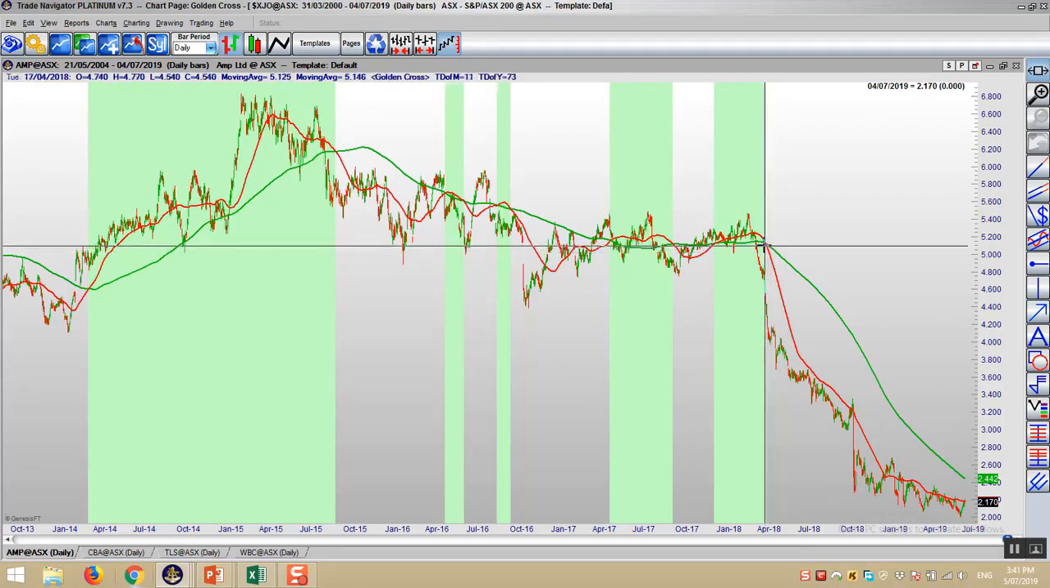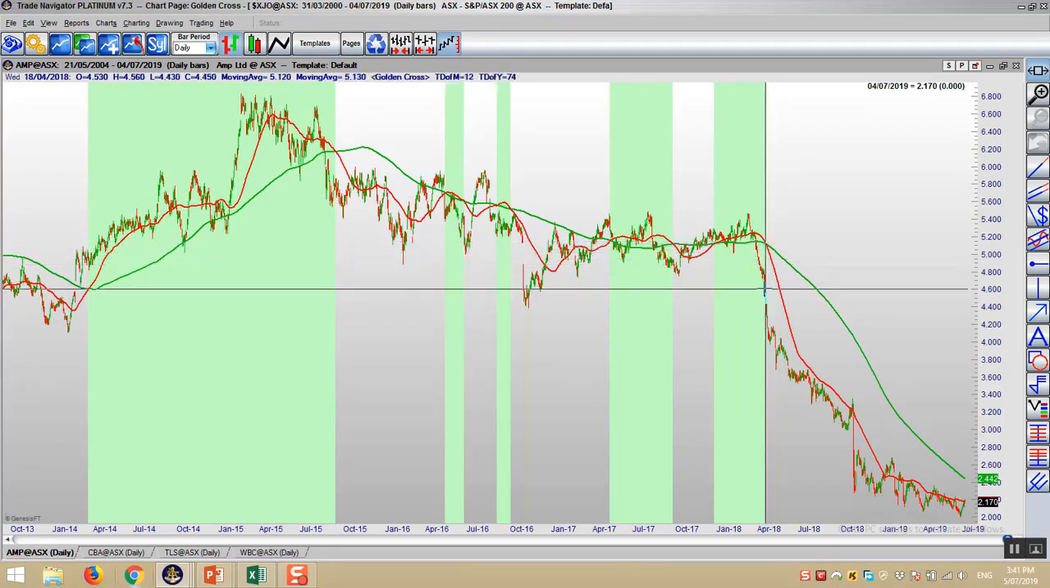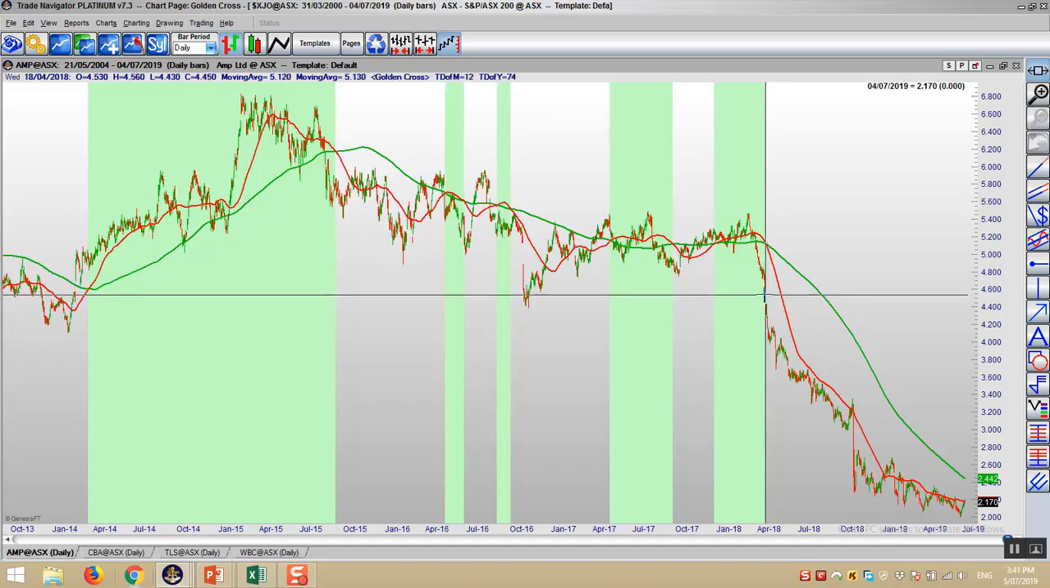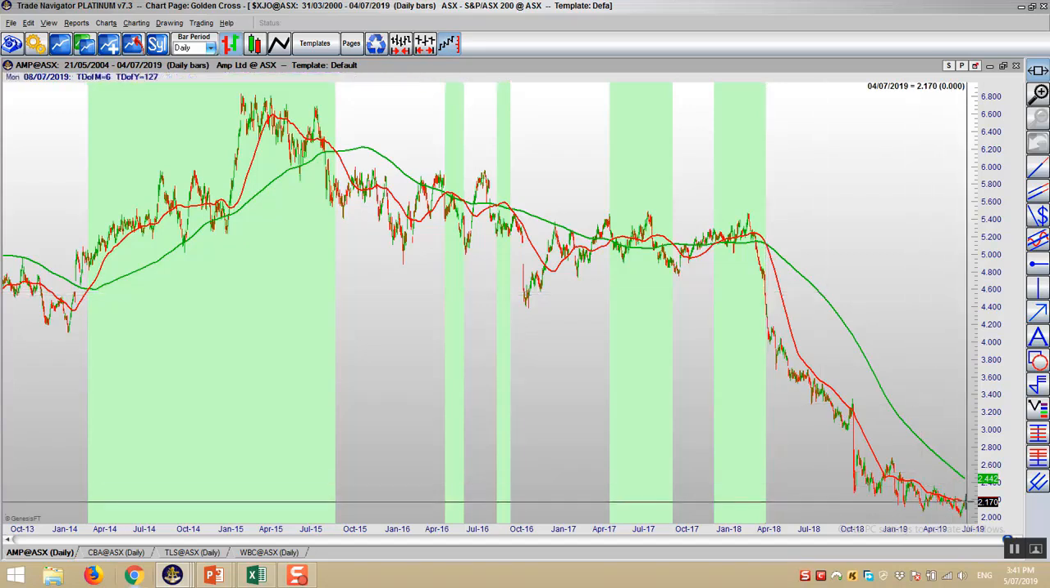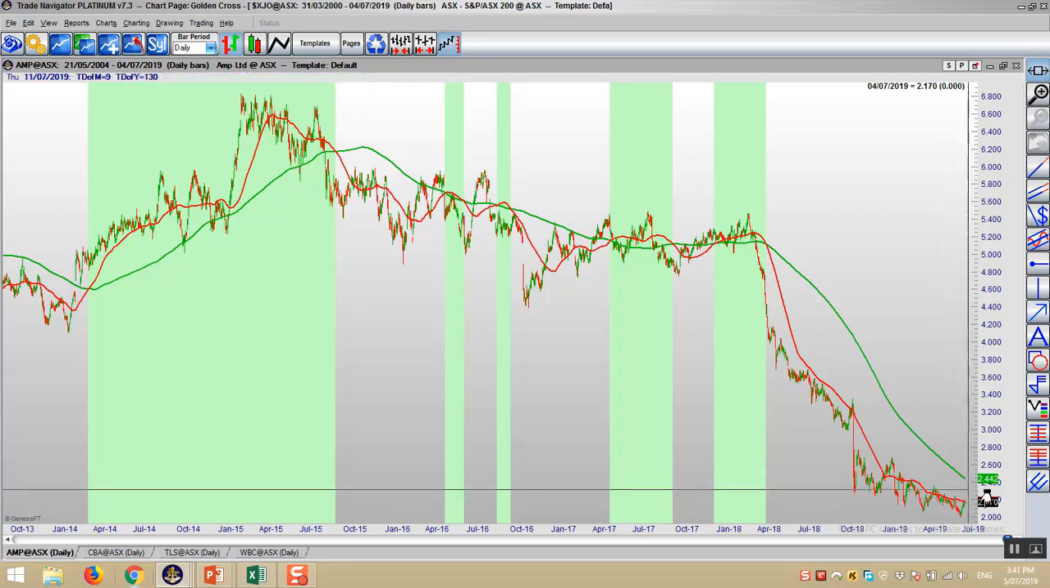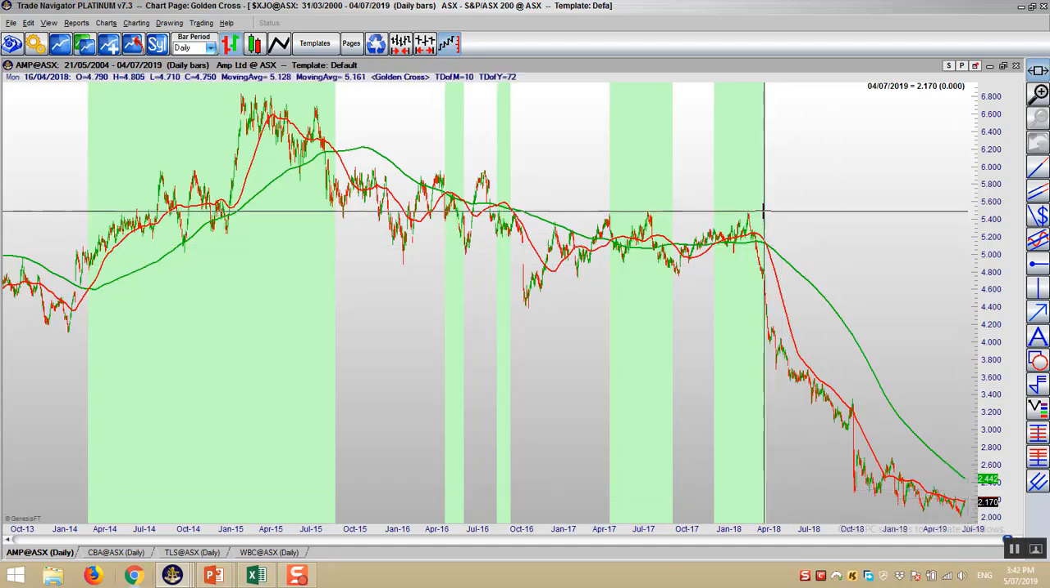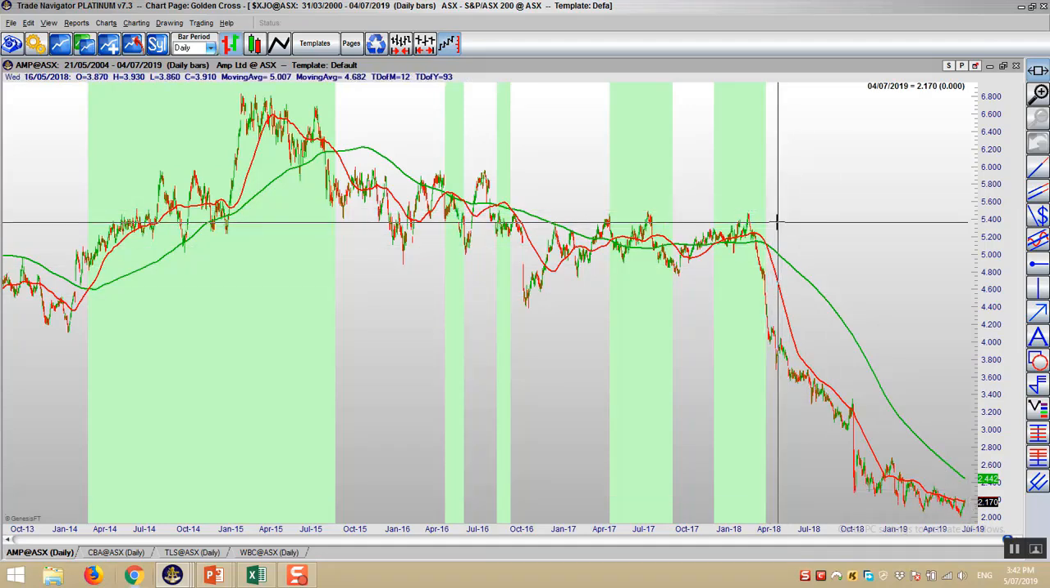So you can see it would have prevented you getting into AMP from about $4.60, which is about here, and you would have stayed out until we see this cross. So it's still saying the trend is down. Can AMP fall further below $2? Certainly can. And it's not impossible. Given this context, I don't know what's happening in detail with the company, but